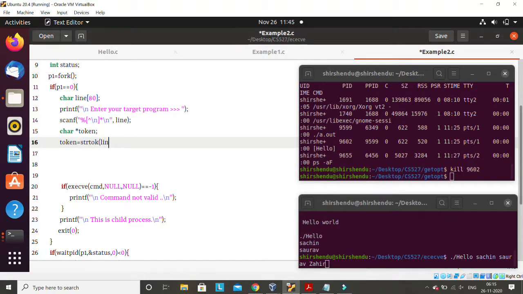I hope you know what strtok is. If you don't know, read it. strtok will divide the string that I am entering through line into multiple parts, separating based on space. So if this is your string hello Sachin Saurabh Zahir, it will divide into multiple parts: first hello, then Sachin, then Saurabh, then Zahir.